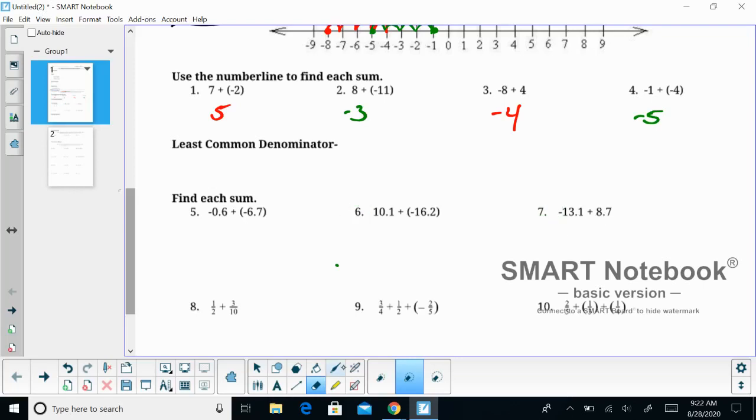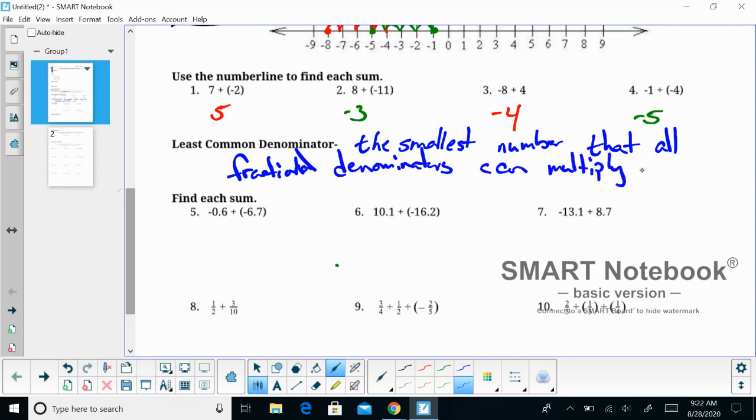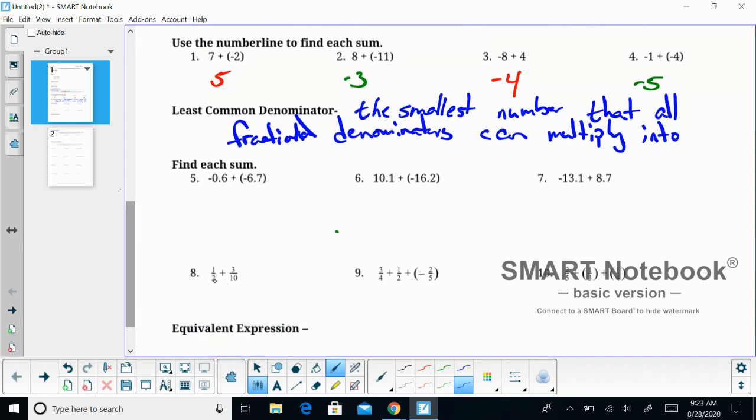Okay, let's talk about the least common denominator. The least common denominator is the smallest number that all fractional denominators can multiply into. Okay, so when I have a fraction, like in number 8, remember that the denominator is the number on